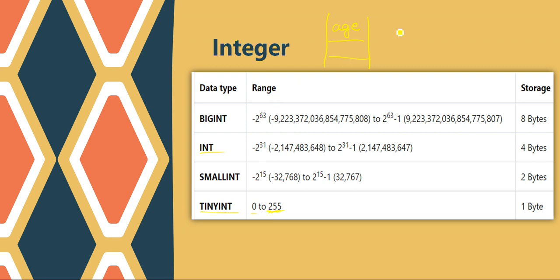But let's say I want to create an enrollment number or a registration number, like 145062. Obviously tiny int is now not going to be considered, because its range is only 0 to 255, so we need to go for other options. So whatever data we are going to store, we have some estimation of it, and based on that estimation we declare the data type for the column.